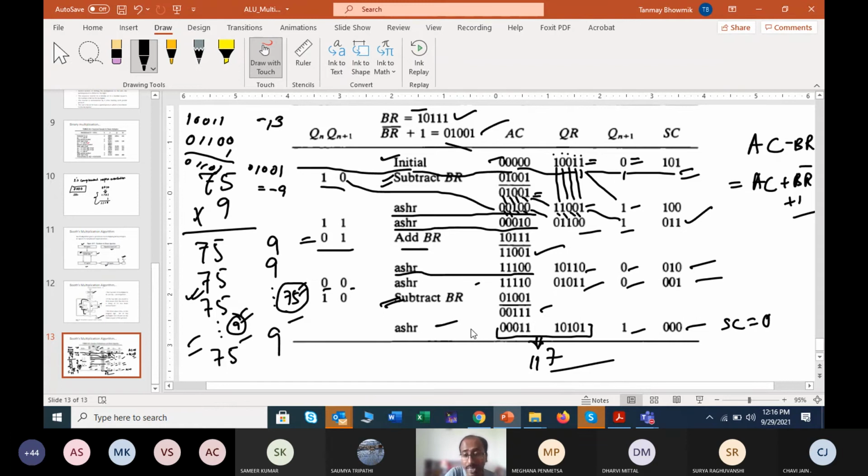So anytime if you get a 1 here in this most significant bit position, that means you are having a negative number representation, right? Or your result is right now in 2's complemented form. So you have to get back to the actual form or actual data. So that means again you will take the 2's complement of that particular data, thus you can get the original form, right? And that result is your actually negative result. But you can see that for finding this negative or positive, we are not using any separate sign bit representation. We are simply observing what the data is there and we are simply calculating.